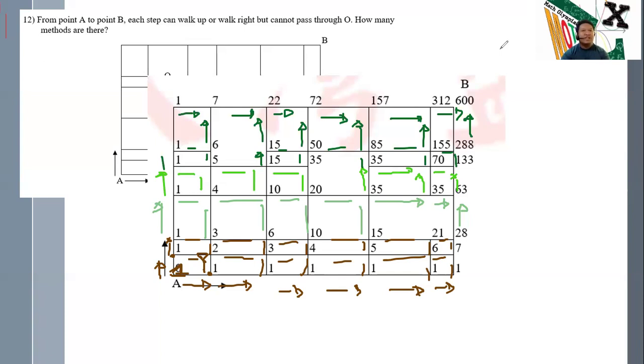Any question and clarification with that one? Yeah, the correct answer is 600 for this. Again, any question and clarification for that one, everyone, before we move forward to our next problem? Any question and clarification? Okay, if there's none,